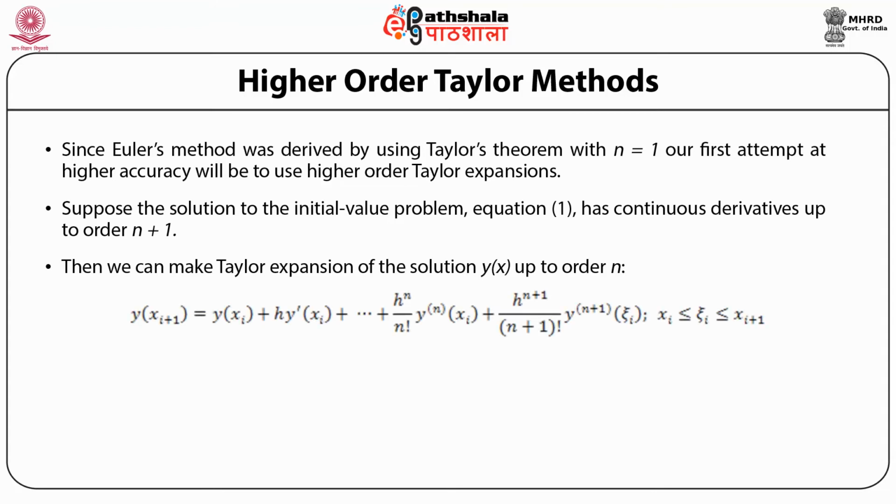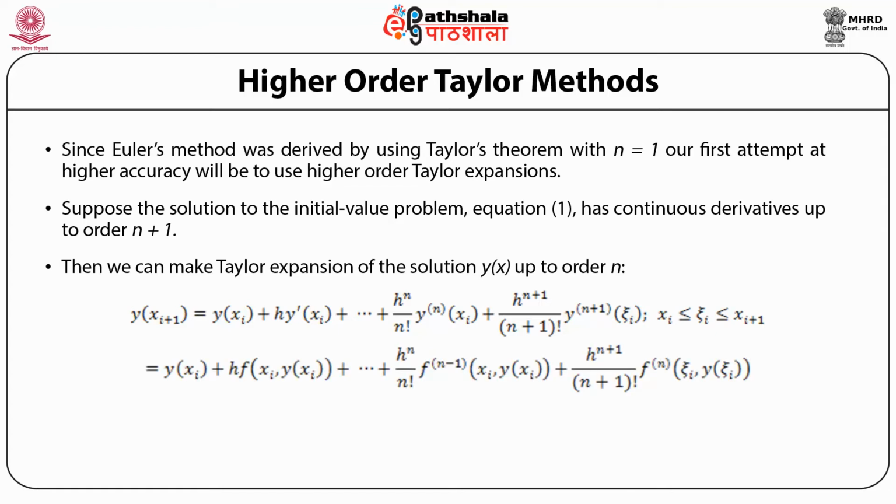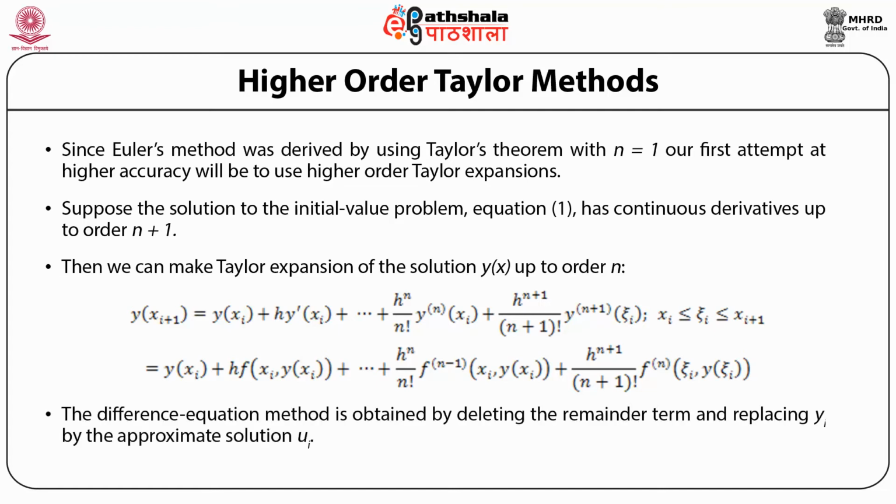That is, y(x_{i+1}) equals y(x_i) plus h y'(x_i) plus so on up to h to the power n divided by n factorial y^(n)(x_i) plus h to the power n plus 1 divided by n plus 1 factorial y^(n+1)(ξ_i), where ξ_i lies between x_i and x_{i+1}. The difference equation method is obtained by deleting the remainder term and replacing y_i by the approximate solution u_i. Hence, for the Taylor's method of order n, we have